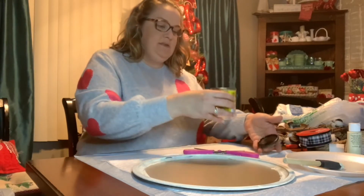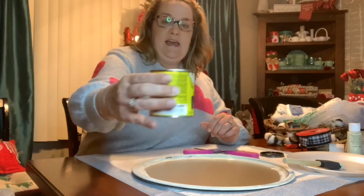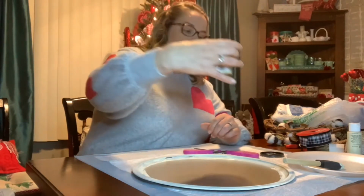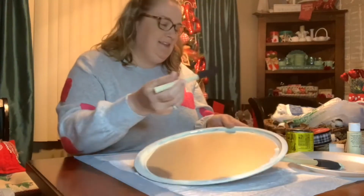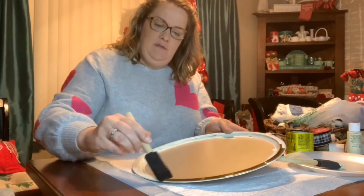Okay, so I'm using Varathane wood stain in dark walnut. I'm just going to take this stain and go around it a little bit with my...